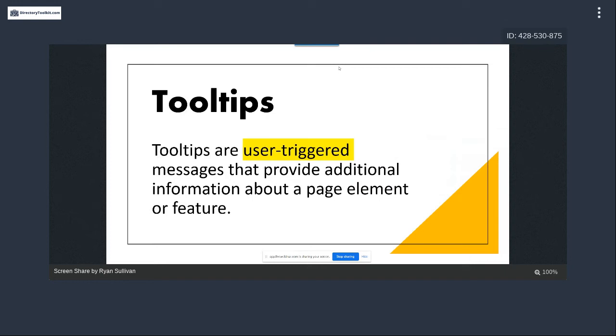So the important thing about a tooltip, the one I just showed you is not really a tooltip. That was a pop-up, obviously, but tooltips are user-triggered. And that's the important part of that. So it's not something that you're forcing on them. It's something that you're providing additional information that can help clarify, provide intent, or provide amplifying information for something that